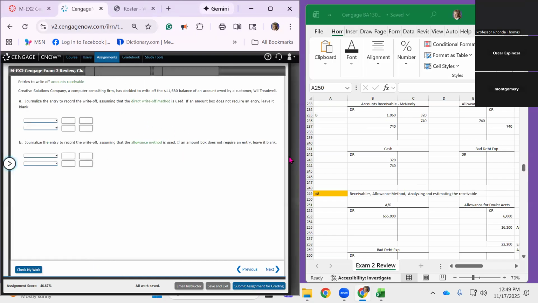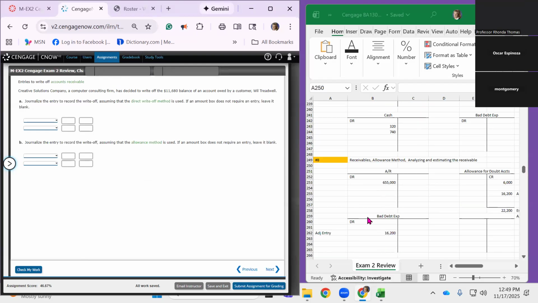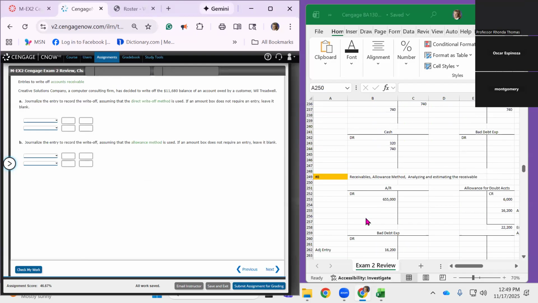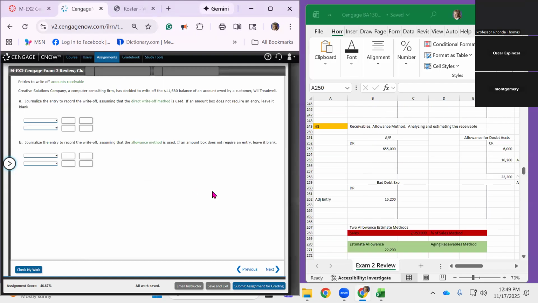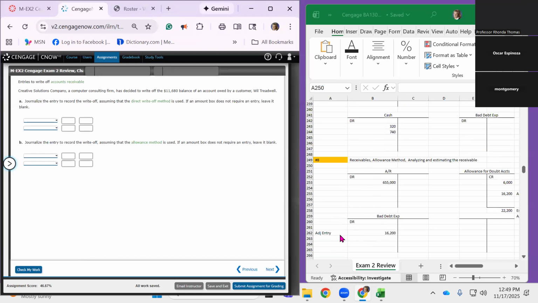Here is an example of how do you write off. Okay, how do you write off with the allowance method and without it? All right, so here's one where I'm going to show you that. So that's fine. Let's do the receivables direct write-off method first. Direct write-off method. So let's start out. They're saying we have $11,680 in